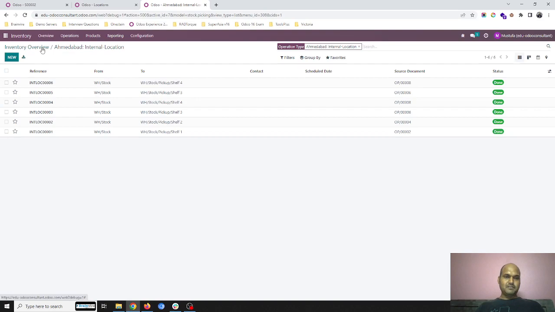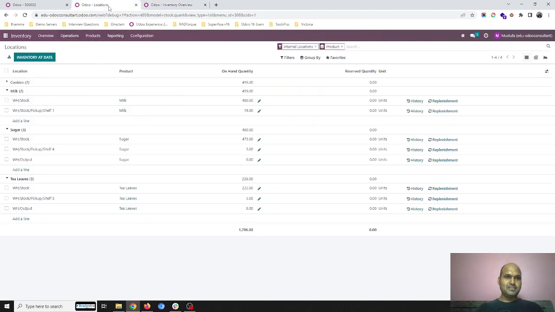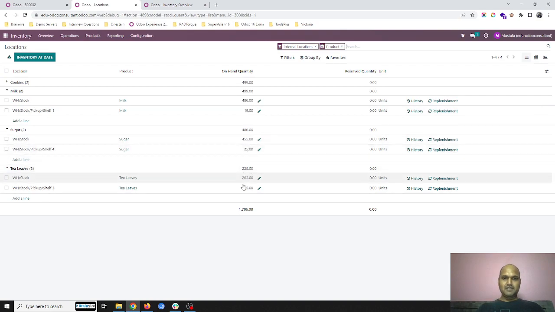So this is how it will work very easily and effectively when you want to maintain your product on the showroom shelf, as well as your connected warehouse should be made aware when an item goes below the minimum rule. It will trigger internal transfers automatically, and it will put the product in the right place on your shelf. And now if you go and check your location based stock, it will come again to 25, 25